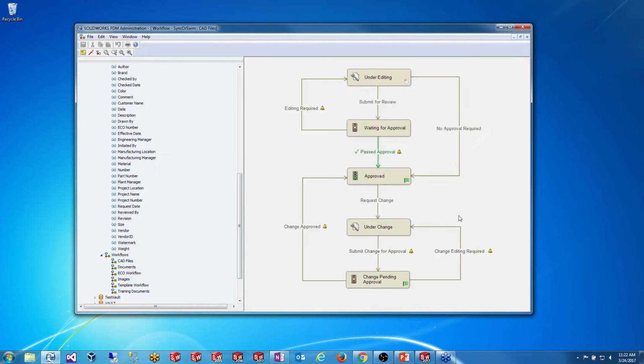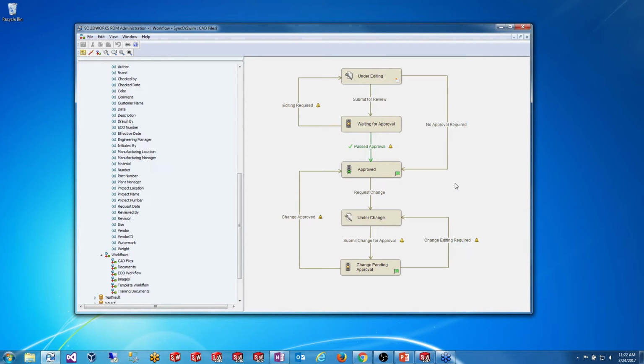And I have a pretty basic CAD files workflow here. Files start out in my under editing state and then move through approval until they get approved. And then if they need to be re-released, then they move through this loop here. Pretty standard engineering workflow. In this case, just for our example, I'm going to edit this no approval required transition so that as soon as the file passes through this no approval required transition, the watermark text gets written to the file,